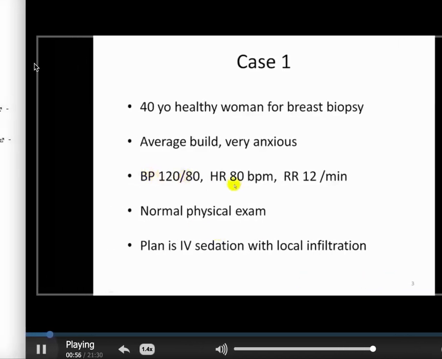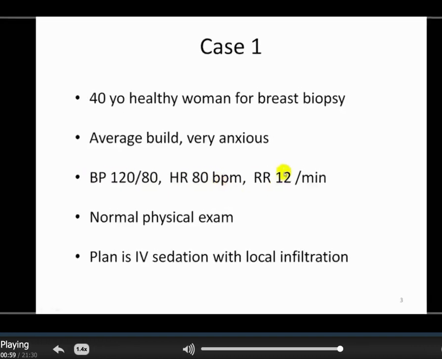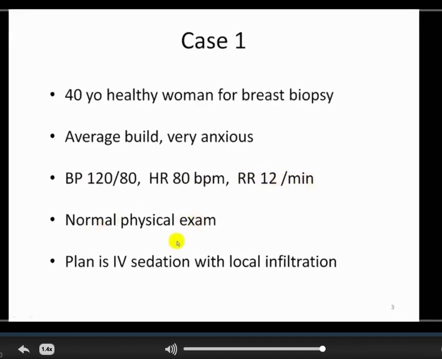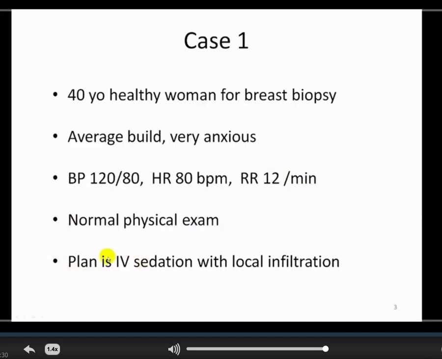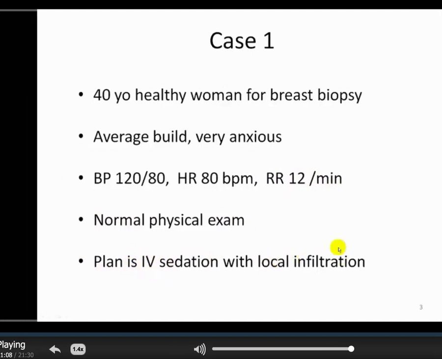Blood pressure looks good, 120/80. Heart rate slightly high at about 80 beats per minute. Respiratory rate absolutely normal, 12 breaths per minute. She had a normal physical exam, and the plan is to give her intravenous sedation with local infiltration, again for